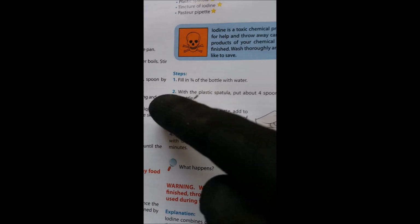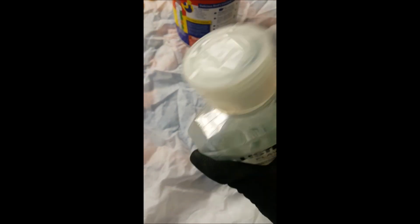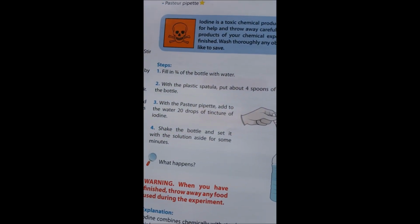And as an added procedure, I am going to be doing some research on my tablet about the chemicals that I'm using, so I don't accidentally endanger the lives of the people around me. So I looked at the first step, and what you got to do is you fill 3/4 of the bottle with water. So I'm going to be using this empty Listerine bottle, which I'm probably going to have to burn after using this. Okay, with the pasture pipette...